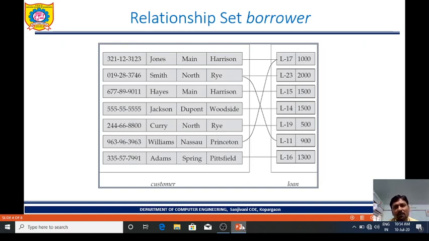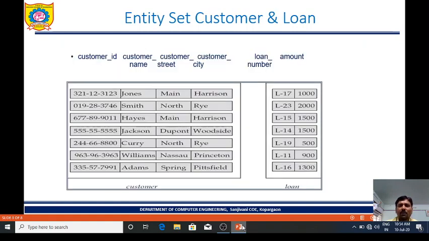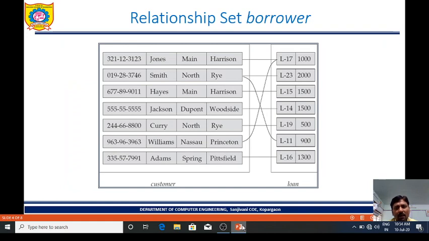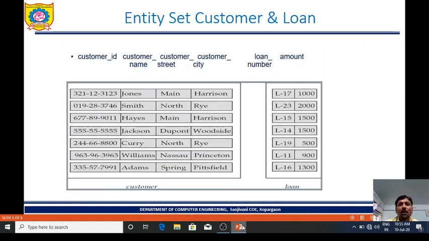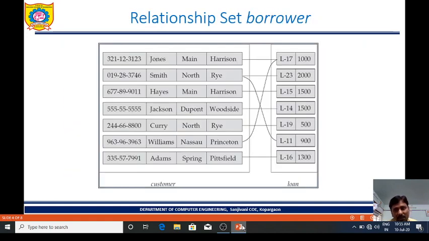Okay, customer name Smith is having a relationship with the loan number L11. L11 is the loan number for Smith, and you can see the relationship among the two entities, that is loan and customer. The customer whose name is Smith is having the loan number L11.